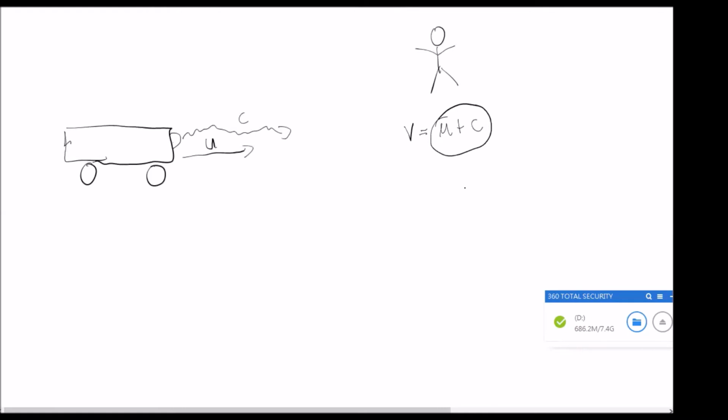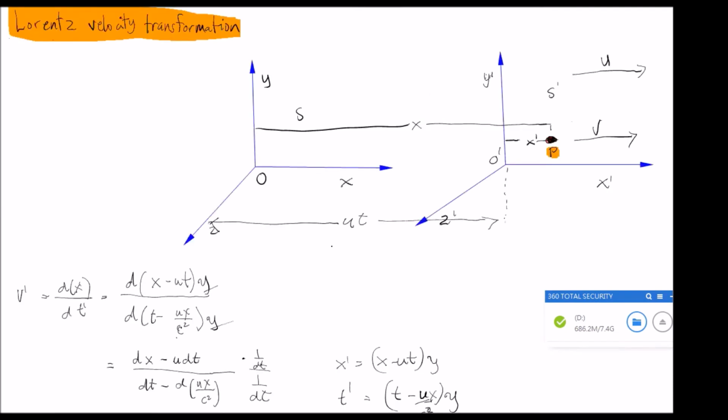Okay. So here, when you add u to the speed c, it means you can observe a speed that is greater than the speed of light. Again, it contradicts the second postulate. So we cannot apply the Galilean transformation here because the speed would be greater than the speed of light. So rather, we will use the